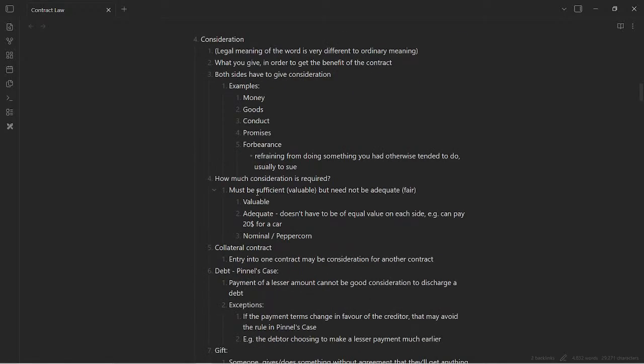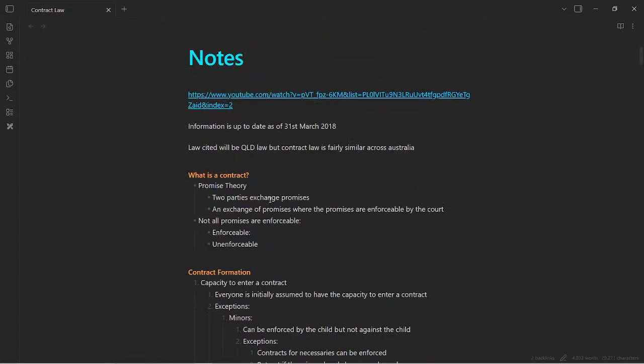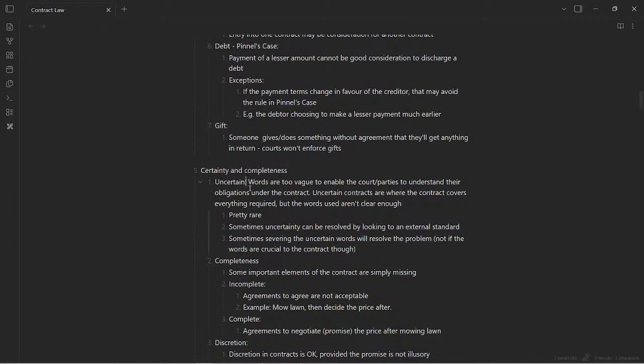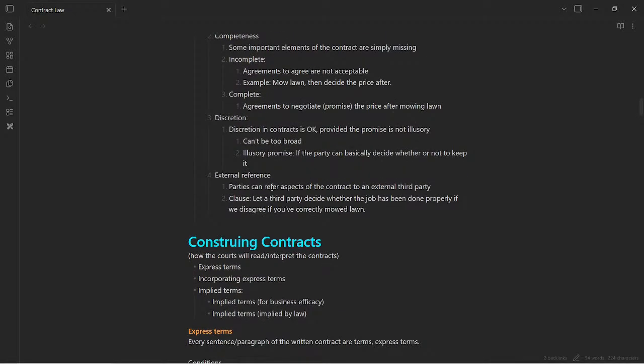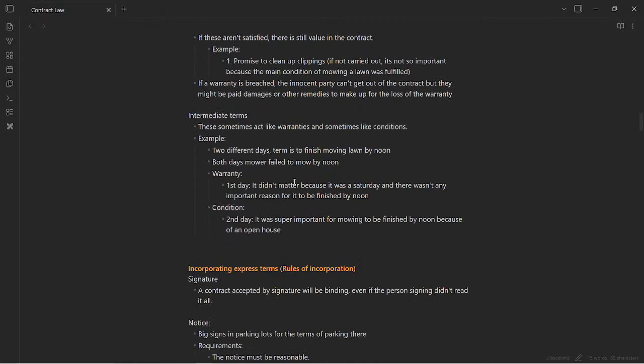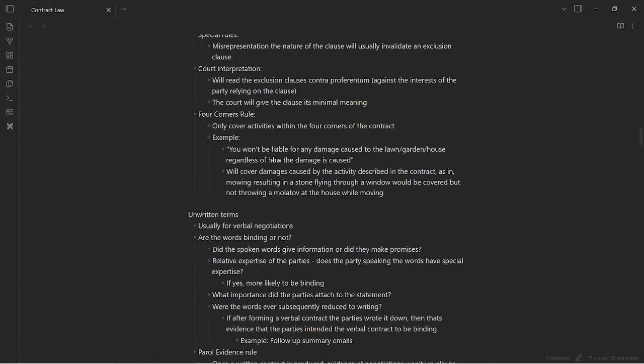The hardest thing about this video, unlike the other ones, is that there were so many definitions and specific consequences and remedies that I feel like I had to write the entirety of. I couldn't summarize much, because this is already quite condensed, you know? A lot of these definitions and terms are really specific.